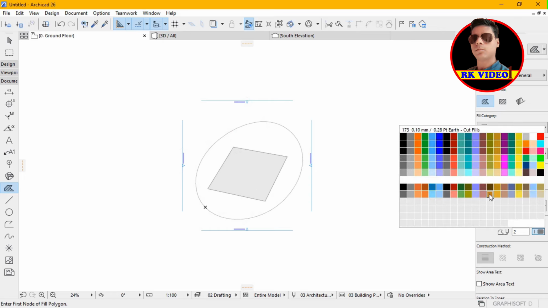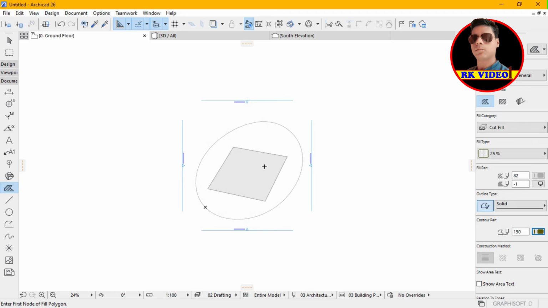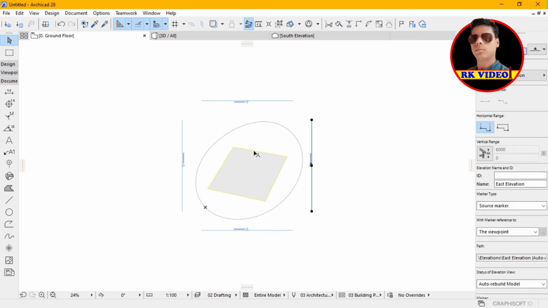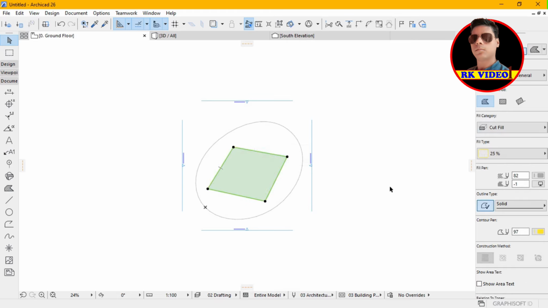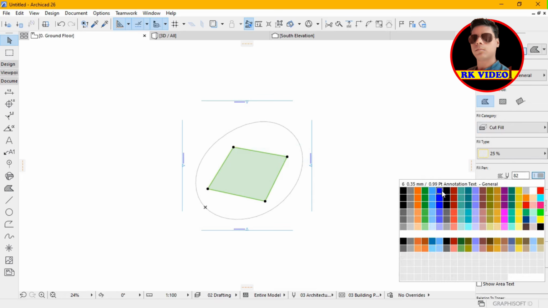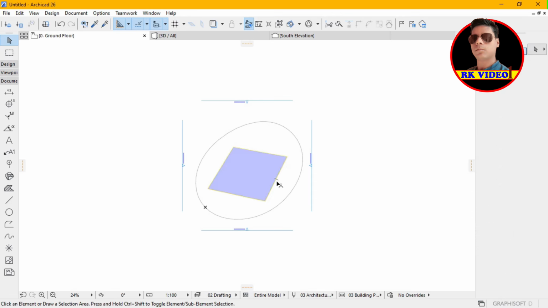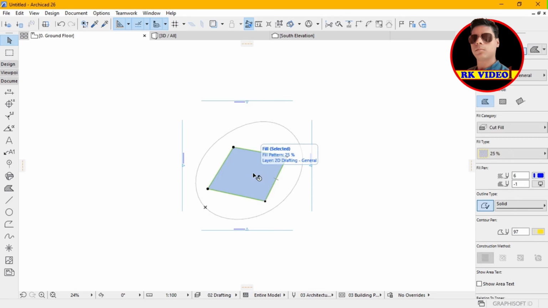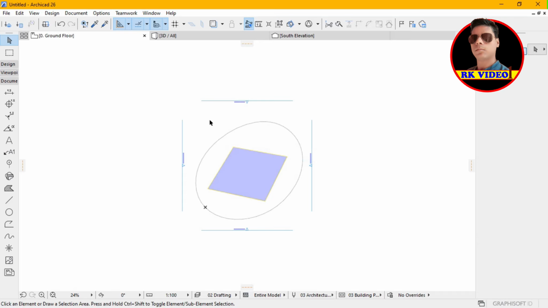Here you can change. First of all, select here. You can see that, and now change it. Now here you can see that the color of the inner boundary has changed, and after that